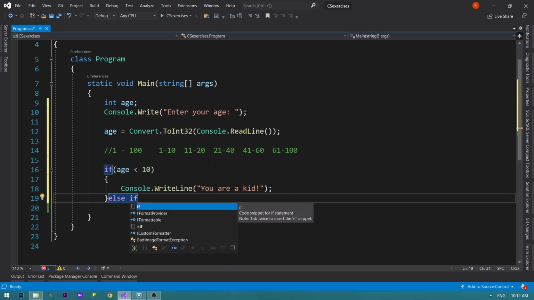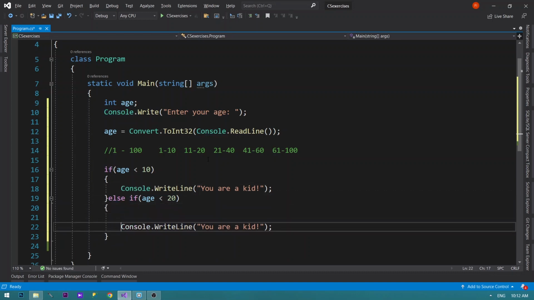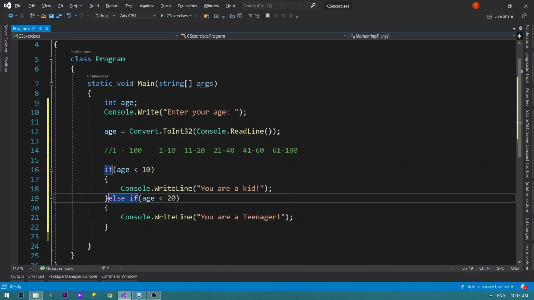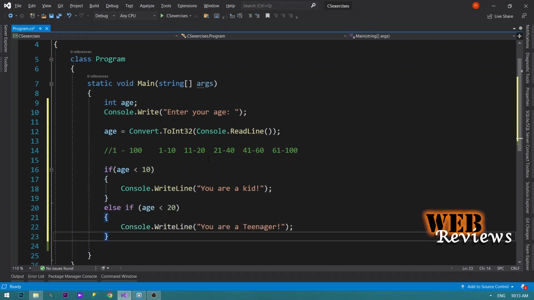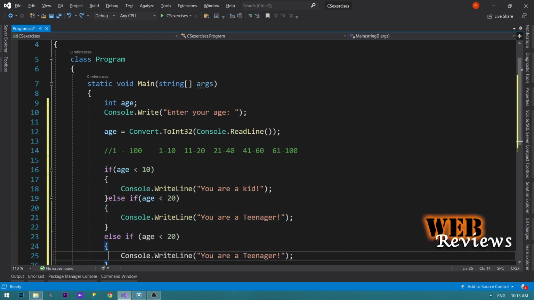if we put another condition here, if the age is smaller than 20. If it's smaller than 20, then we'll write that you are a teenager, else, I'm sorry, what did I do? Else, if age is smaller than 40,